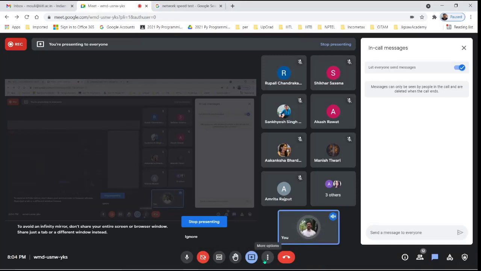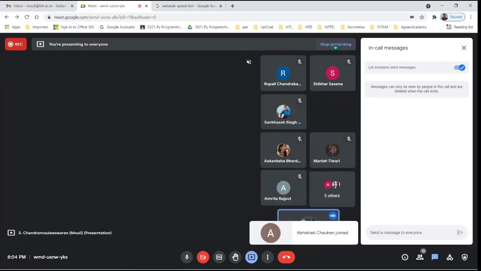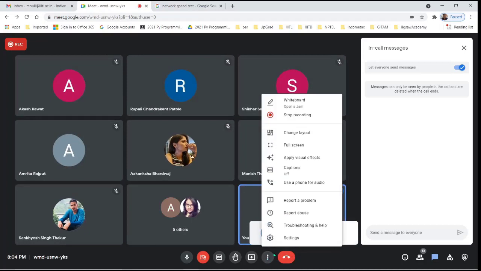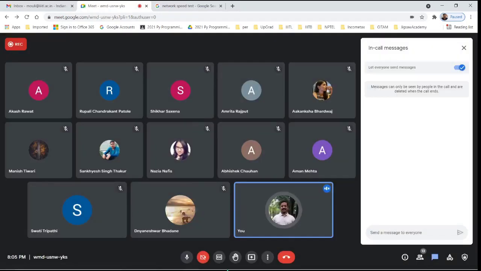Or shall I take a poll? Can you tell me how many of you are new to object-oriented programming? I will stop the screen sharing. Where is it? Stop presenting and layout. Let me put it here. Okay, only those who are new to object-oriented programming can raise your hand. Those who are hearing object-oriented programming for the first time. Okay, all of you are already familiar.